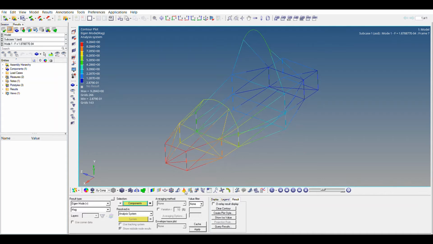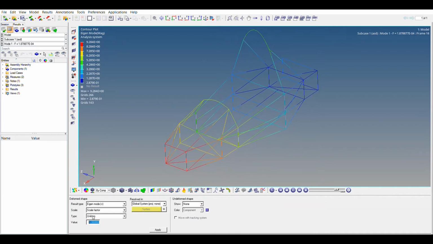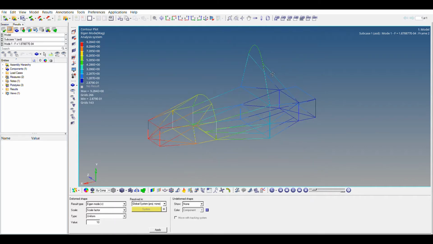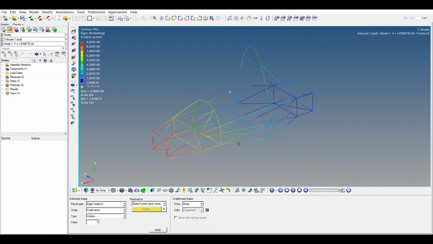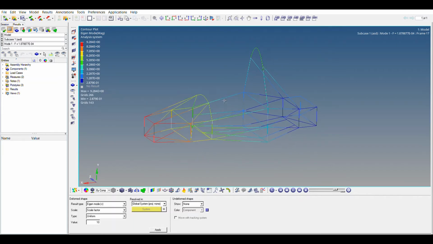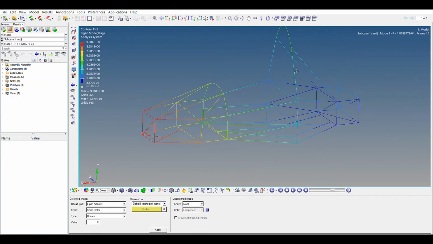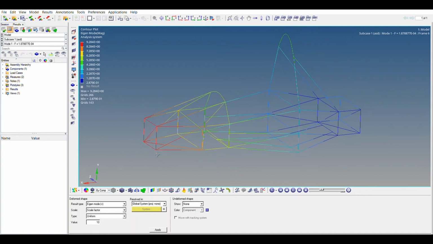It's barely moving. So let's increase the magnitude of deformation. Go to deform and select here, let's say 10. Apply. So you can see the deformation means that the body is displacing by a huge amount now. So we can now actually see if our body is discontinuous from somewhere. Check the red color portion, it's not discontinuous. I cannot see any discontinuity here.